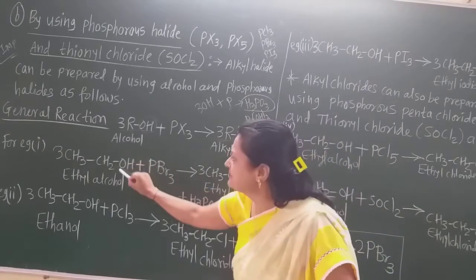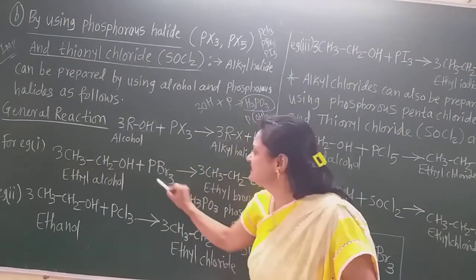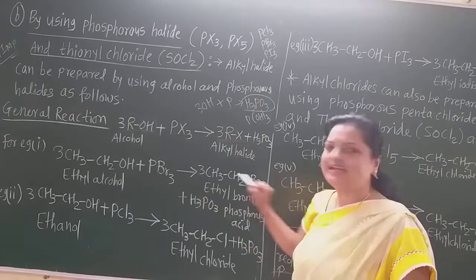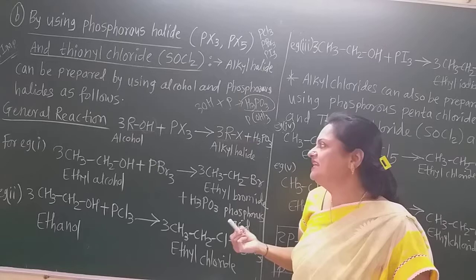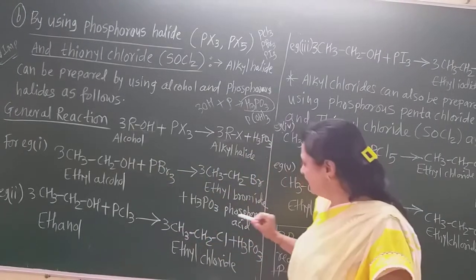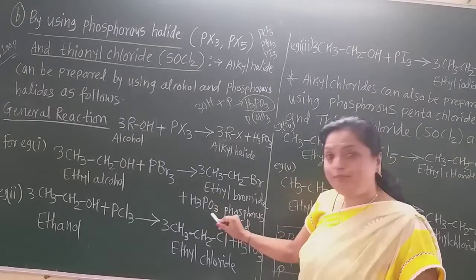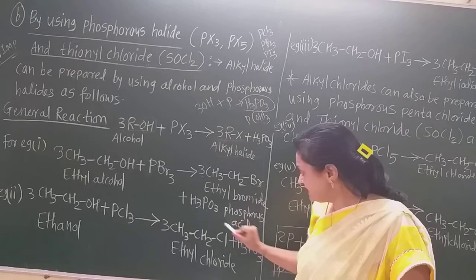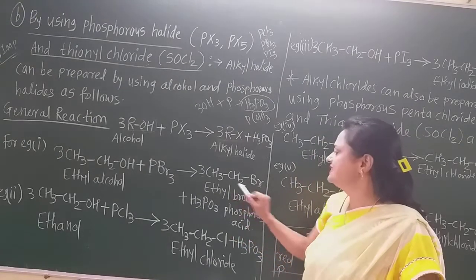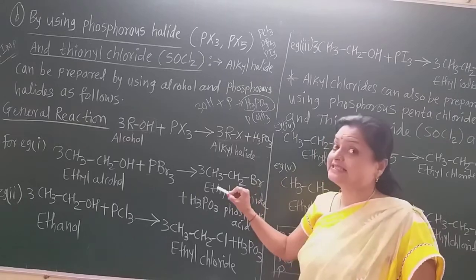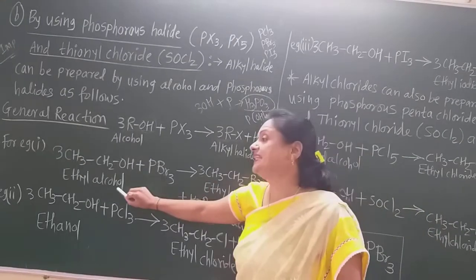Only these 3 OH are replaced by these 3 Br. All the Br comes here because here is the 3, that means 3 Brs are there. Now what will be remaining? This phosphorus and these 3 OH. Now it becomes H3PO3, with 3 RBr and P only 1. Now this is the phosphorus acid and this is the ethyl bromide or bromoethane. You also give the IUPAC name in the bracket, and this is the ethanol.